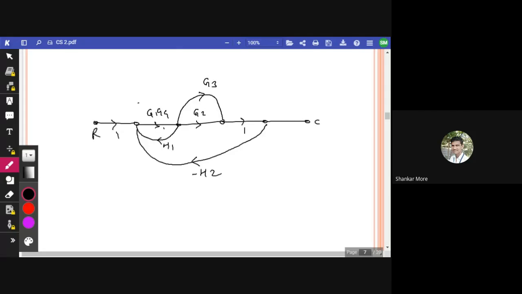ऑलराइट, सो अभी यहाँ पे P1 P2 हमें निकालना है. P1 इज G1 G2 G3, ऑलराइट, एंड P2 इज G1 G4 G3, which is correct. Now loops, first loop will be G1 G4 H1, first loop is this G1 G4 H1, so आपने फॉरवर्ड पाथ्स तो लिख लिए, L1 will be G1 G4 H1. ठीक है, एंड नेक्स्ट लूप इज, what is next loop,